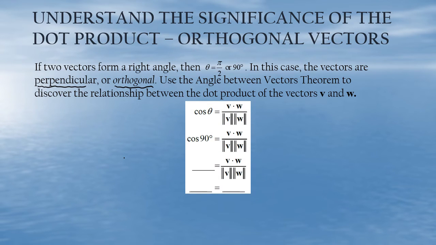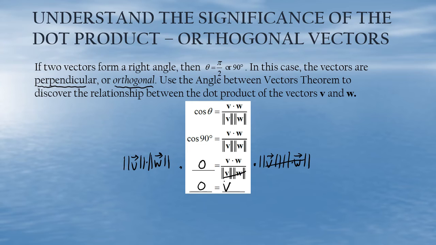All right, so we start out with the angle between vectors theorem. And if we know that the angle is 90 degrees, then we have the cosine of 90 degrees. And the cosine of 90 degrees we know is 0. And if I multiply both sides by the denominator, in other words, multiply both sides by the magnitude of V times the magnitude of W, then I get rid of my denominator on the right, and of course 0 times vectors just gives me 0,